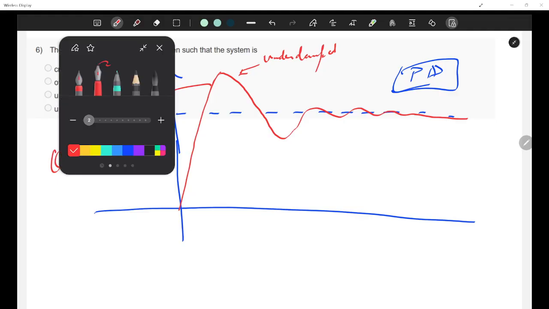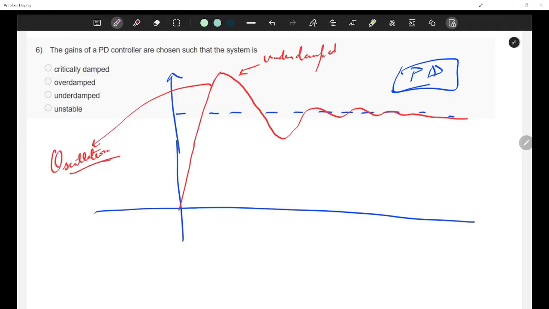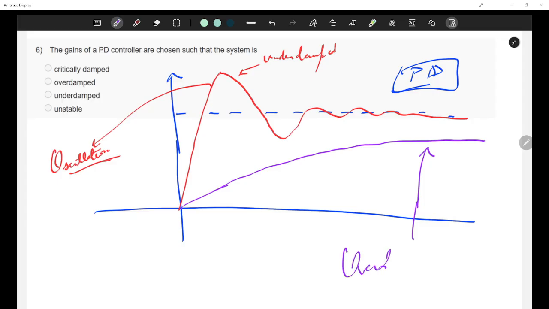Now let's talk about the overdamped system. What happens? It reaches the value, but it is very, very slow to reach. It takes a very large amount of time to reach the steady state value.